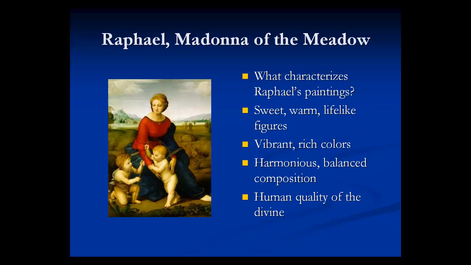Raphael is famous for the sweetness, dolcezza, of his figures, that they seem very lifelike. Here he's made Mary and the Christ child and little John the Baptist holding his staff seem real, like actual people. You can notice that the way this painting is created is very balanced again. Mary's head makes the top of a triangle, her outstretched foot and John the Baptist create a full triangle. And these kinds of geometric forms were very, very popular in high Renaissance art because of the sense of stability